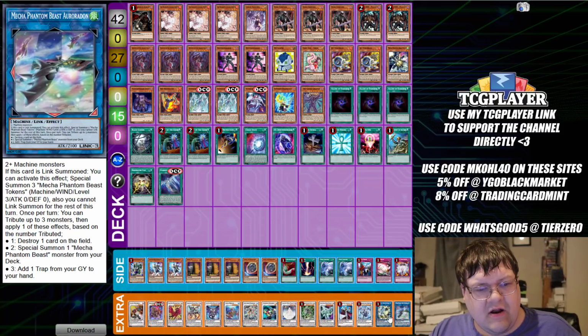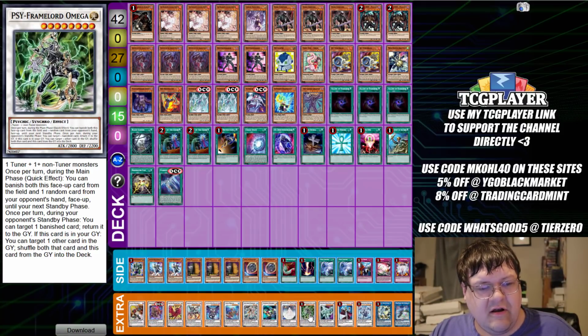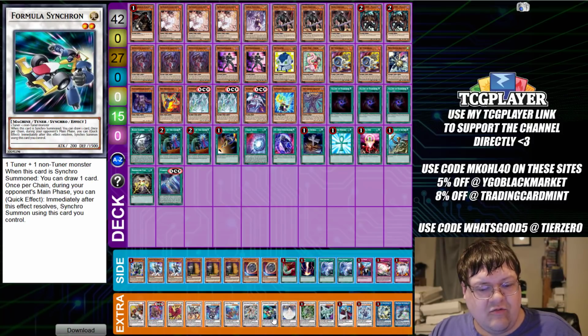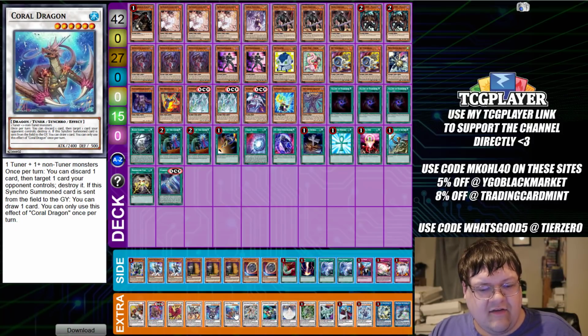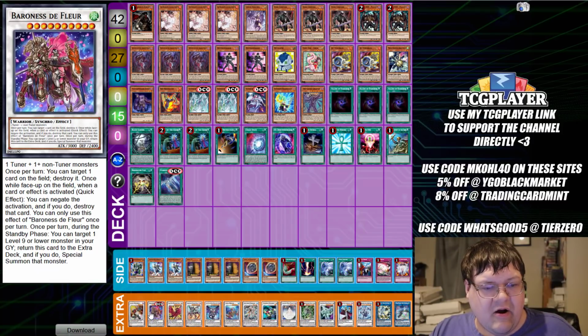Extra deck here we have 1 Auroradon, 1 Hulk, 1 Trishula, 1 Hyper Librarian, 1 Shooting Riser, 1 Omega, 1 Garden Rose, 1 Formula, 1 Quandrex, 1 Coral, 1 Chaos Ruler, 1 Borload, 1 Black Rose, 1 Baroness de Fleur, and